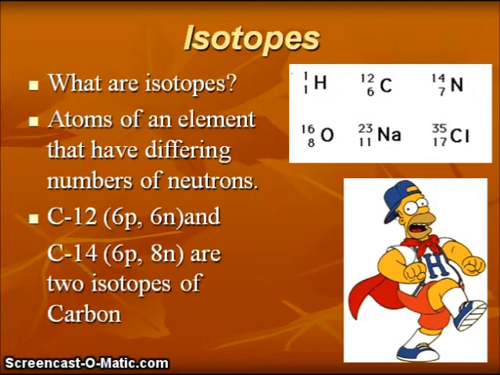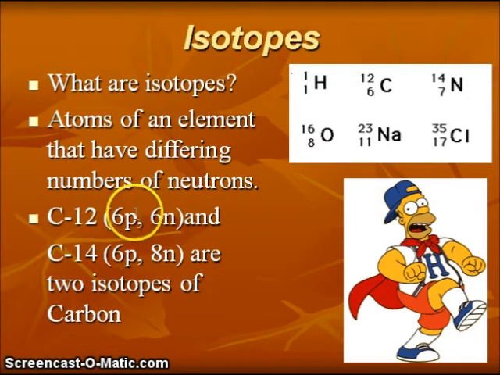Isotopes. These are now different versions of the same element, and the way that they will be different is by the number of neutrons that are found in the nucleus. One example of this, we can look at 2 different isotopes of carbon, carbon-12 and carbon-14. Both will have 6 protons. If we have a nucleus which does not have 6 protons, it's not a carbon atom. What can be different is the number of neutrons.